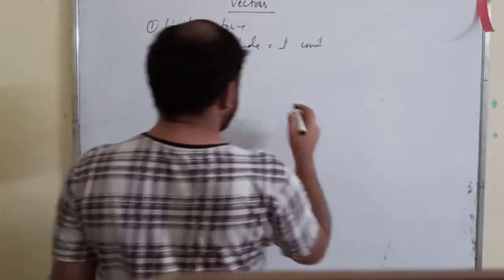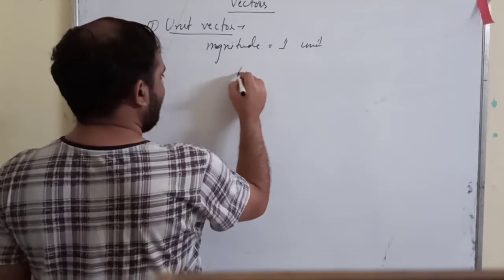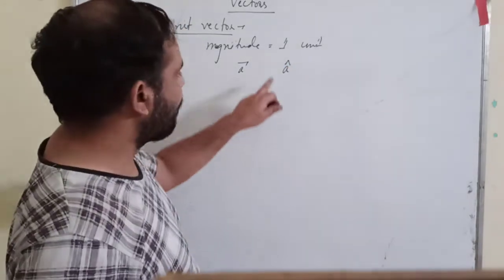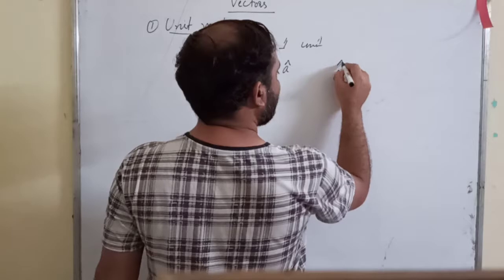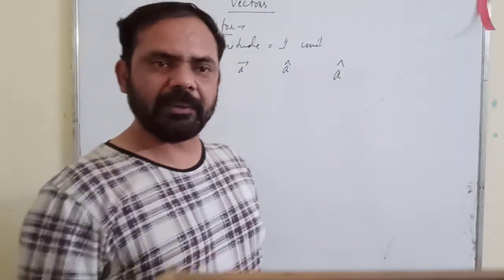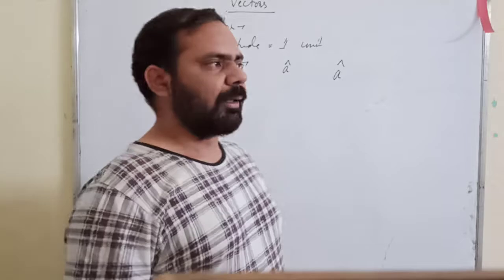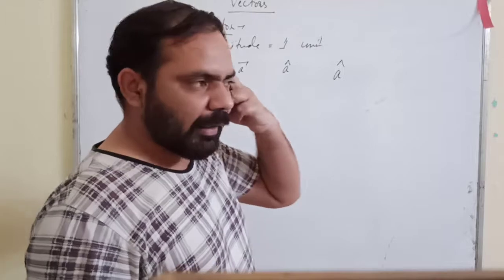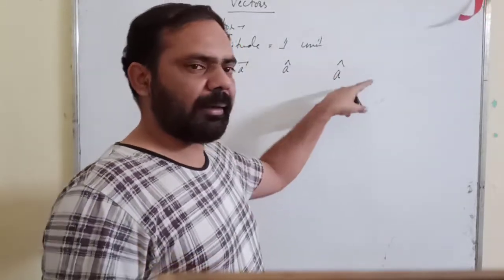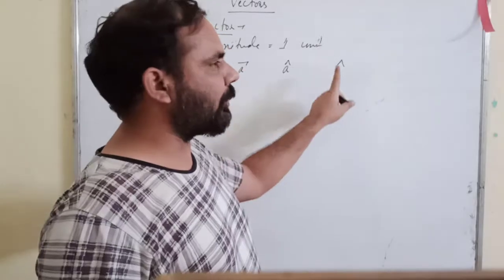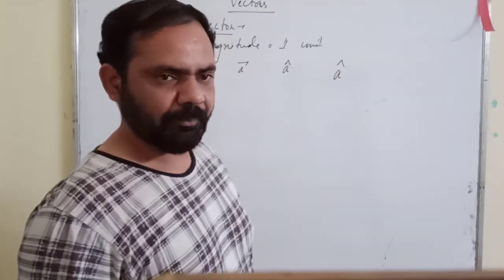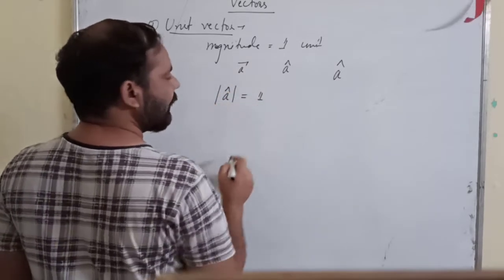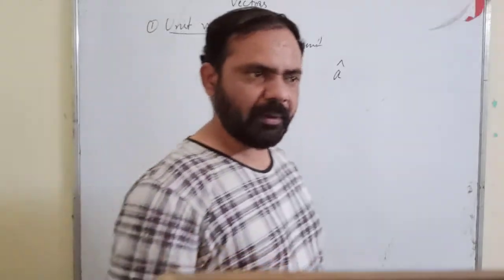We denote this generally like this: suppose we write a vector, then the unit vector will be represented by a cap. Whenever you write a letter and you have a cap over it, the cap means it is a unit vector. No need to write anything like "the unit vector". If you are marking a cap over the vector quantity, it shows itself that it is a unit vector. How much will be the magnitude of this cap? It will be 1, and it has a direction.